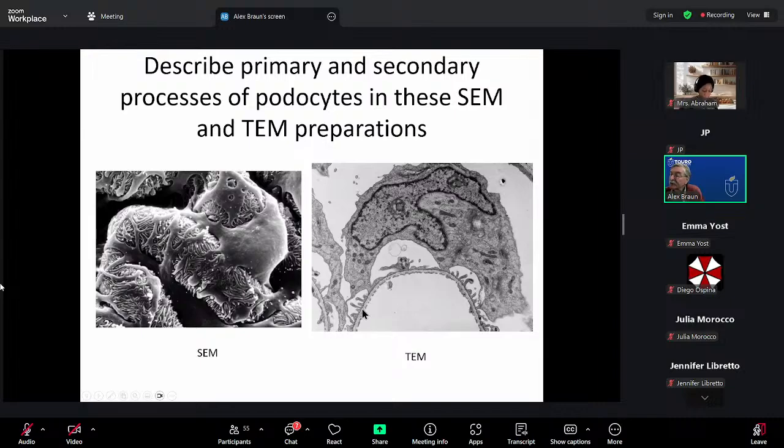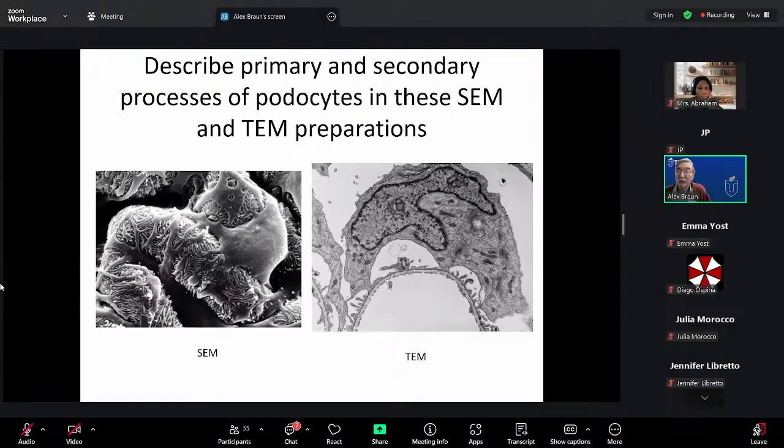The middle layer consists of this grayish line, which is the glomerular basement membrane. And then on the outside of the glomerular capillary wall, you see the pedestals or foot processes being elaborated by podocytes. So even at this magnification, in cross-section, in transmission electron microscopy, we can see 3 layers to the